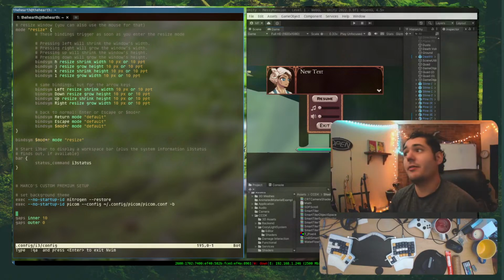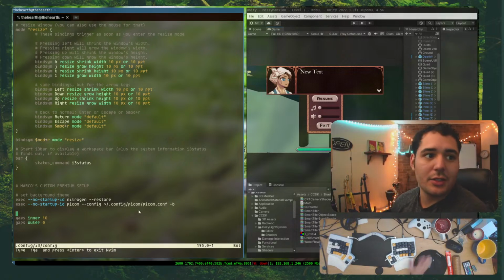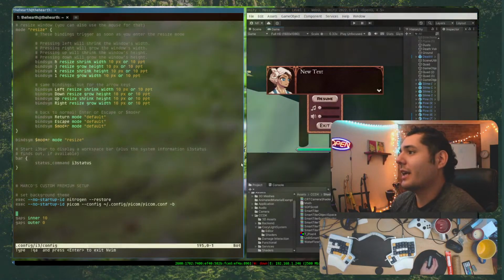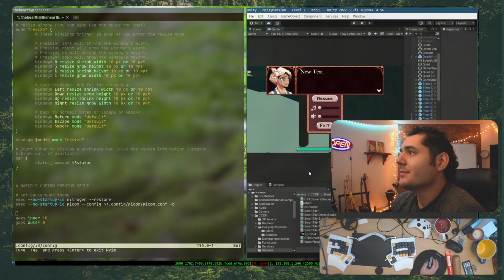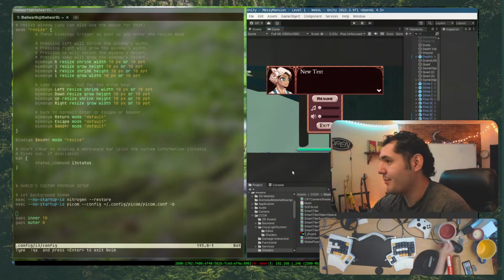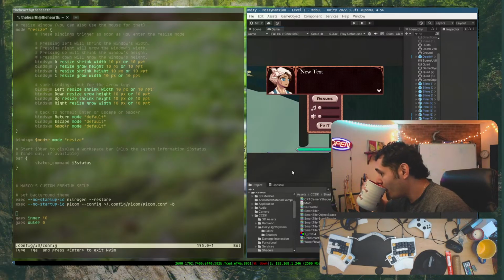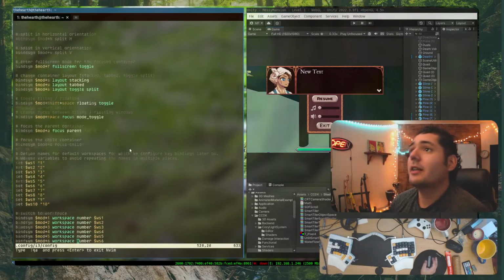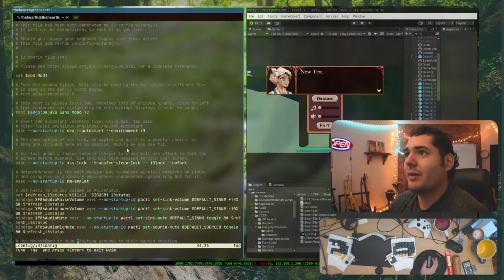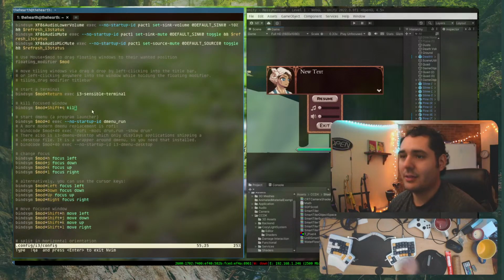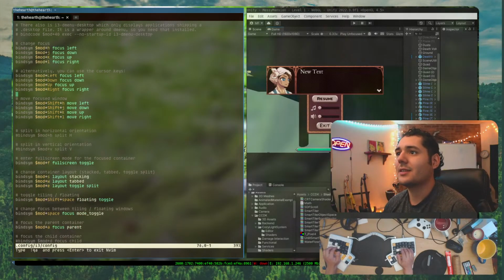I want to do some more configurations, but I'm also just kind of curious about how this is going to work in Unity. I have it set where any focused application goes to 100% opacity, but I don't know. This is going to be a very interesting day. I think I already at least bound the most important things that I need to do the things that I wish to do. I may try getting rid of the shutdown commands because they're a little bit too easy to access, or at the very least maybe have, I don't know,